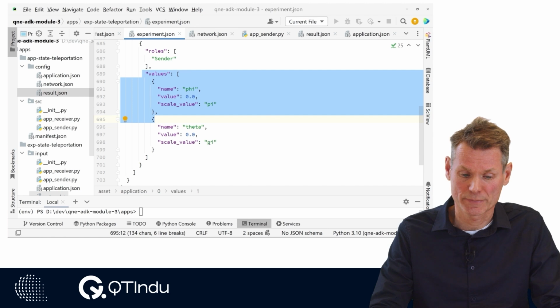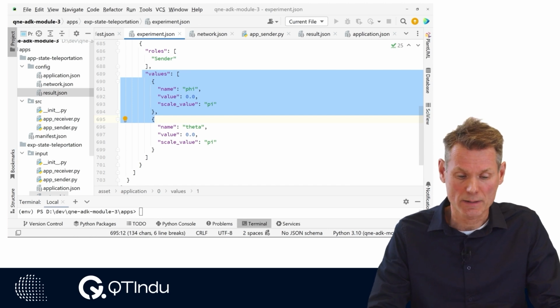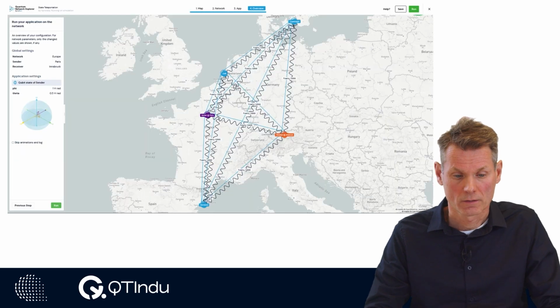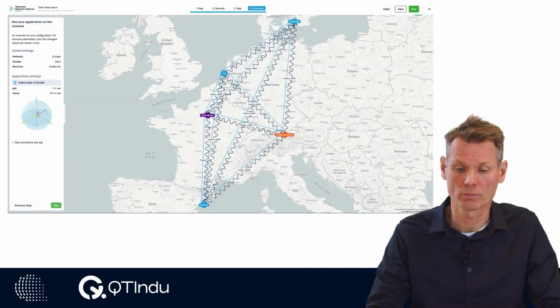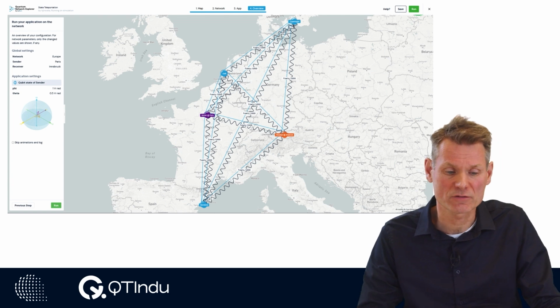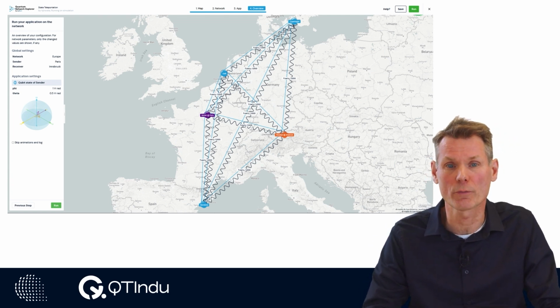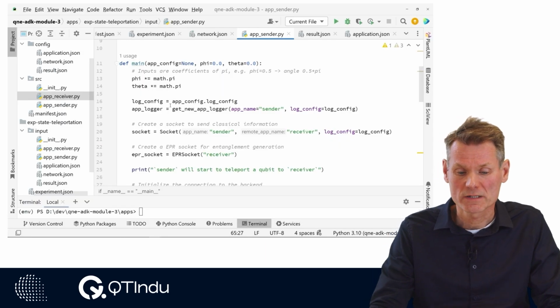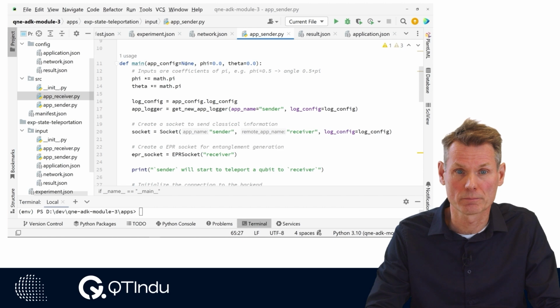At this step, the experiment is completed and the experiment can be run. The experiment.json holds all the necessary user inputs. The next steps of the workflow are configured in the application only. For running the experiment, a Python file is defined for each application role. These Python files reside in subdirectory source and are named app_rolename.py. The input parameters for the main function match the input parameters defined in the previous step.